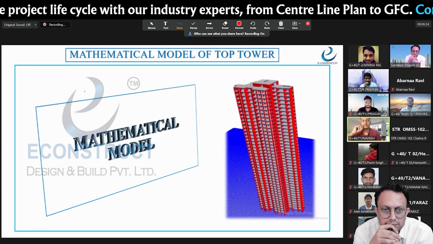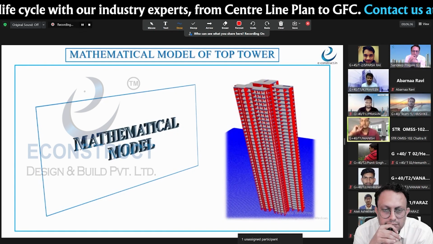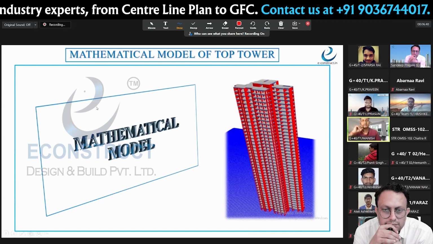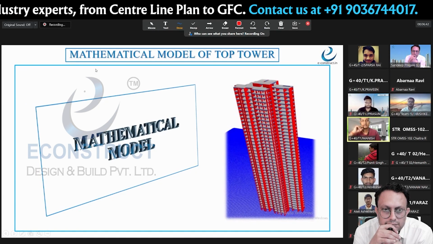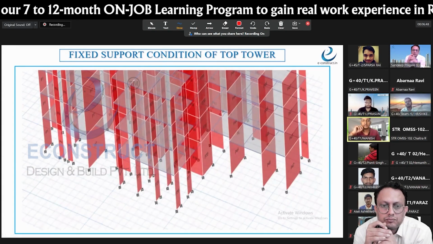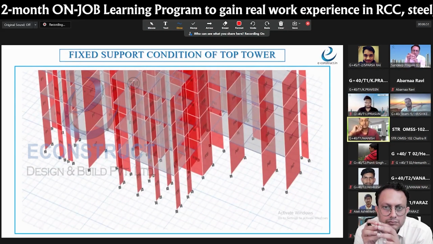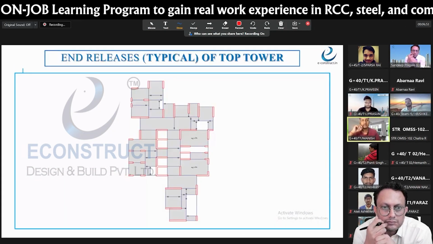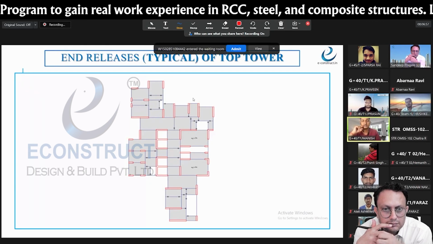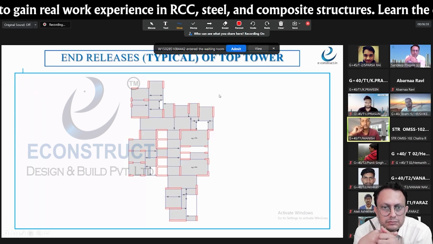Yes, this is the top tower mathematical model. Next. This is the fixed supports given in the top tower, and this is the end releases for the top tower. Next,